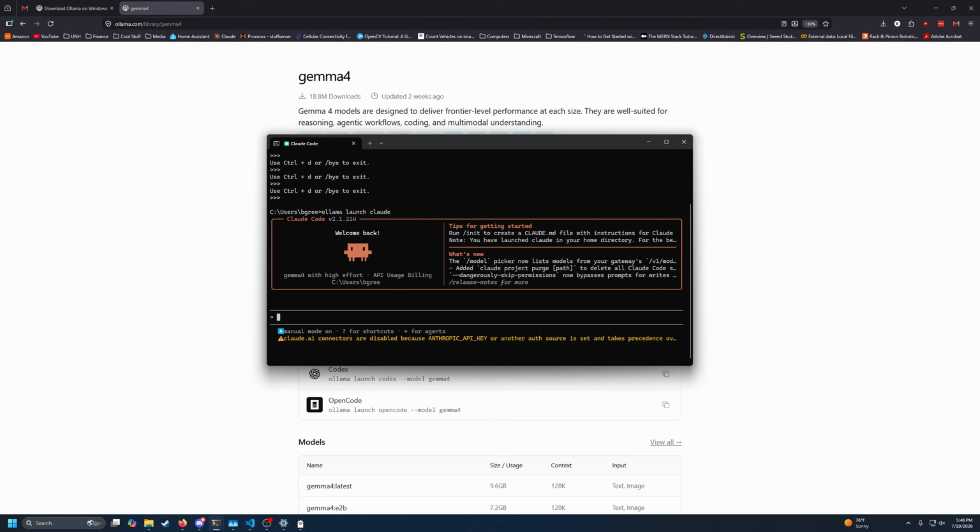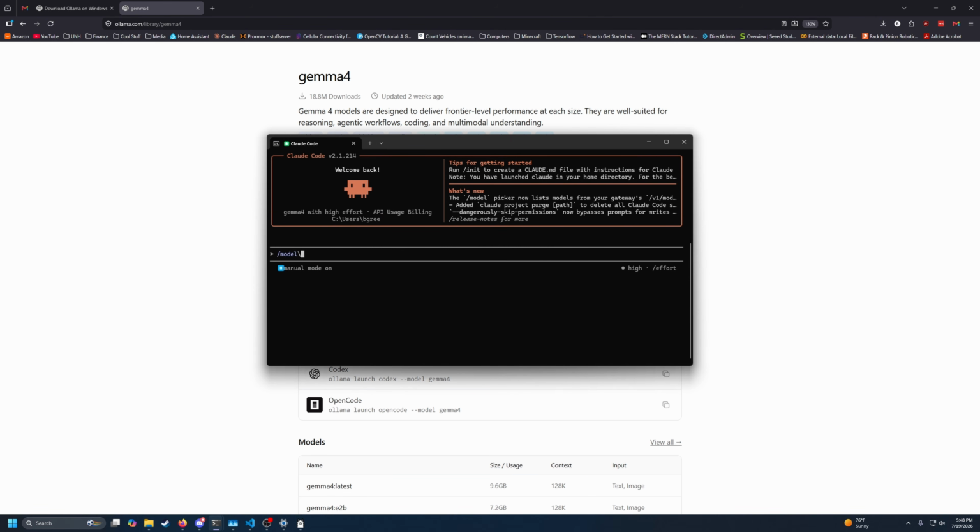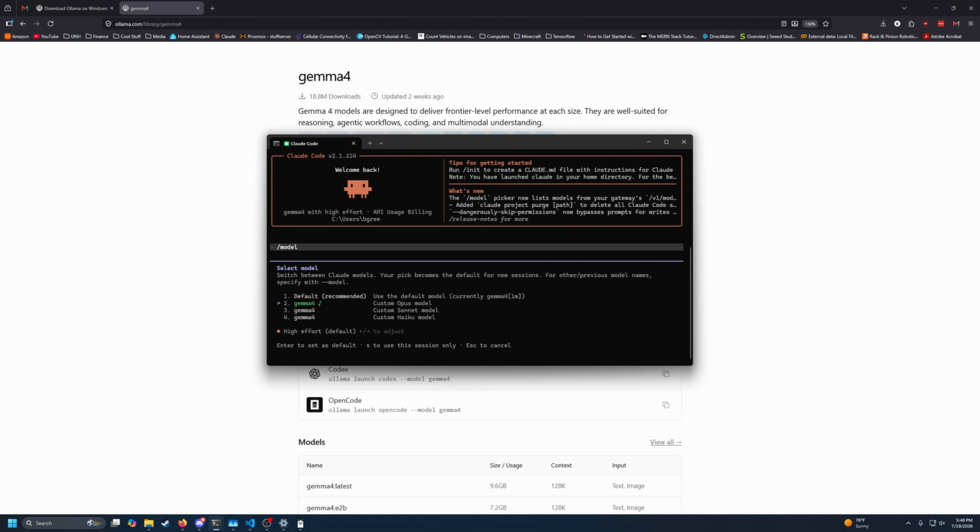As you can see, it gets a little confused because it thinks you're using API usage billing, and it gets very confused about Claude AI, but that's okay. You're not actually connected to Anthropic at this point. When you run Ollama with Claude Code, it injects its own variables to overwrite all the Anthropic stuff. So if I say model, whoops, like that, you can see it's a little confused